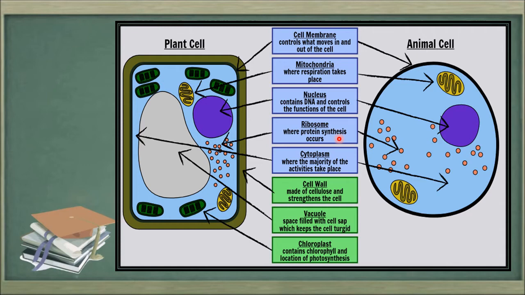You may be thinking that we take protein in food, so why are our cells making the proteins? When we take protein in food, that protein cannot be used by our body. Our body needs a different type of protein. So what our body does is, the protein that we take in the form of food is digested and broken down into amino acids.